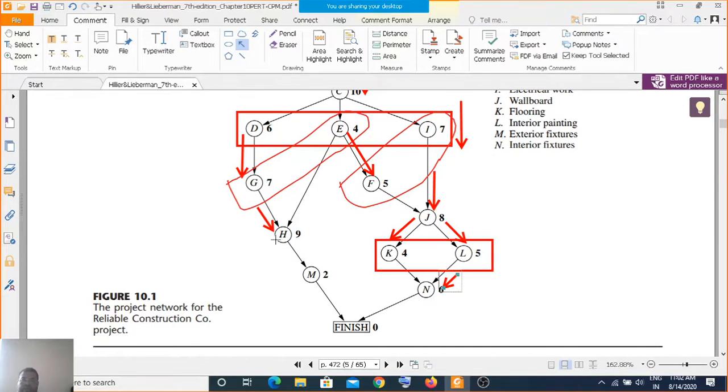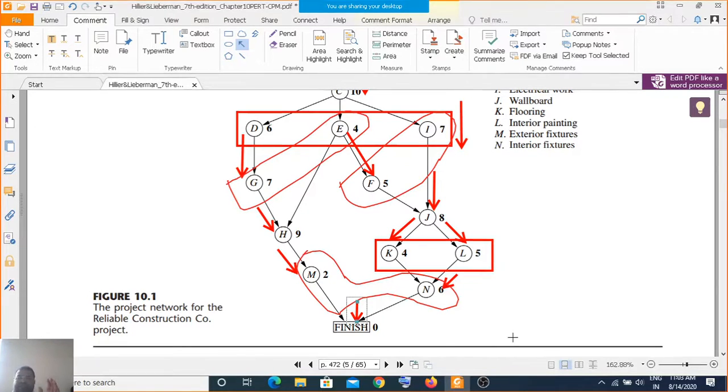Here after completion of H, you get to this M. Once this M is completed and this N is completed, here again you have these two groups. If you consider they are related and strongly cohesive, then after the completion of these two activities only, you can reach the finish.